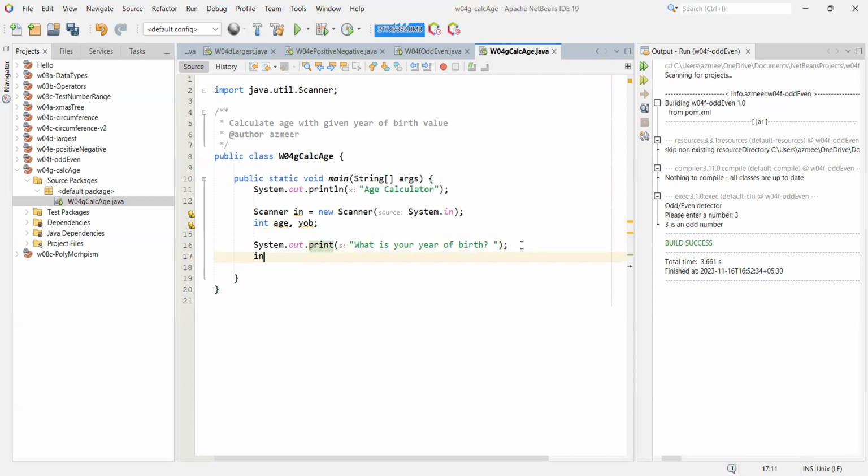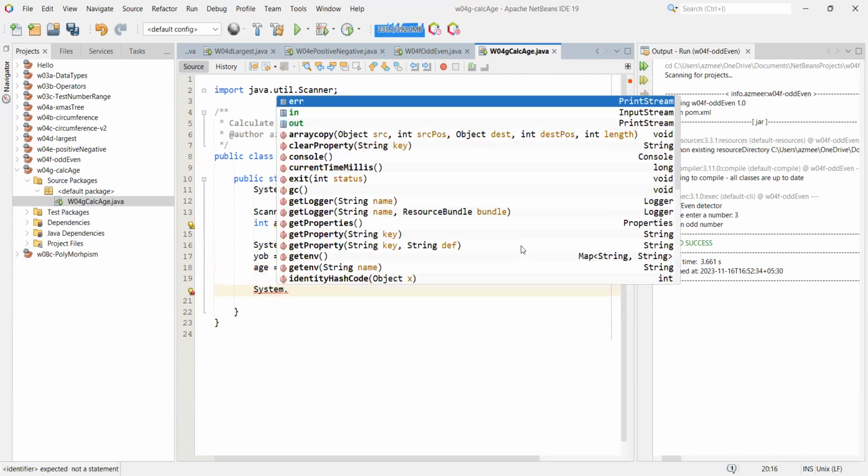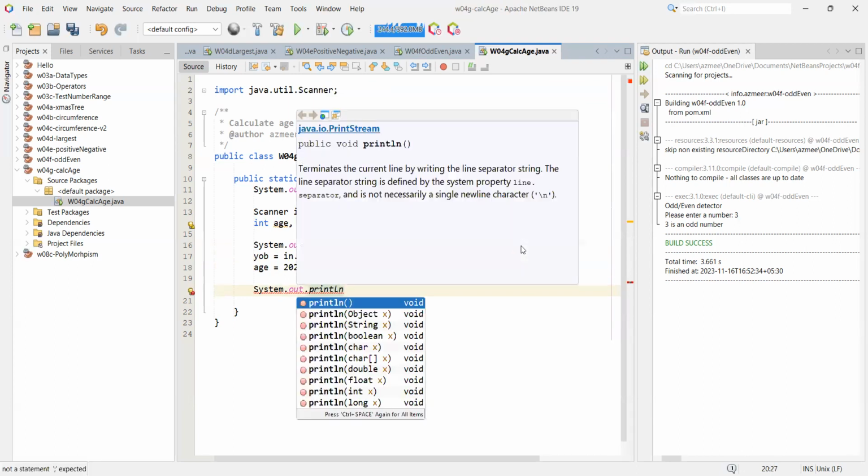Then I need year of birth equals in dot next int. And I need to calculate the age. Age equals 2023 minus year of birth. And then I can give a message, system out println